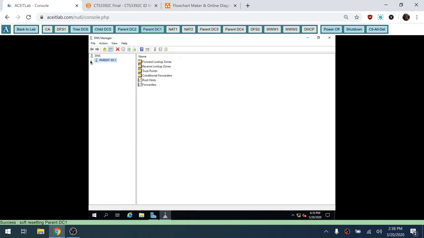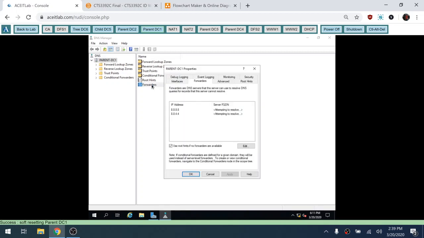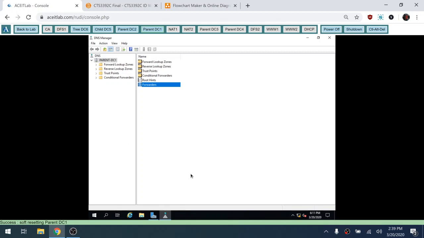So right now, if I look at the forwarders, it's going to send it to Google's DNS servers. So basically, if any name is sent to this domain controller, this DNS server, that it can't resolve, it forwards it to Google. Well, the problem is,